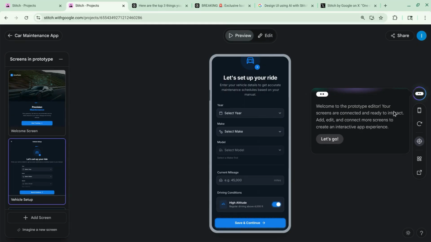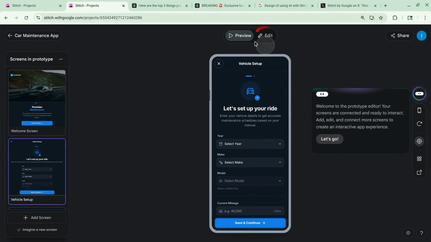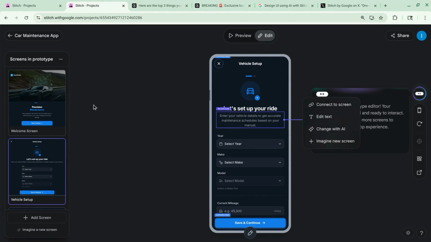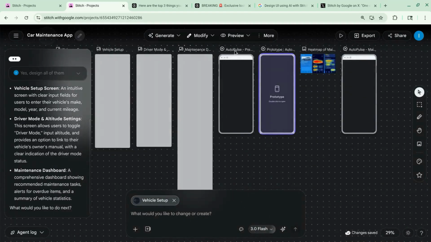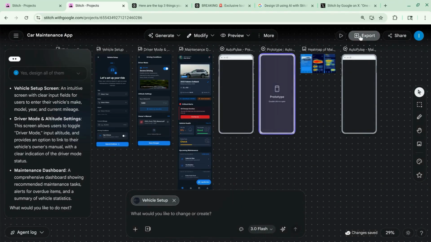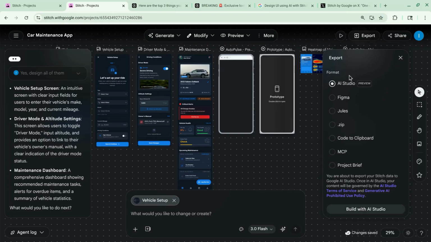On the right toolbar here, you can switch the view to another device. You can even create a QR code to give it to other testers. If you choose the edit option at the top, you can edit these screens right in this prototype. If we go back to our main design area, we can export this in different formats,